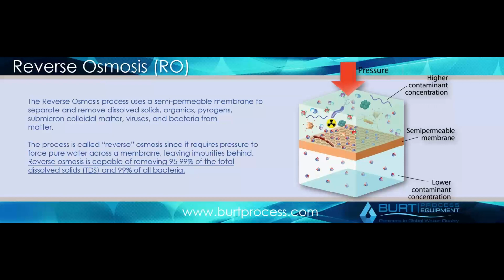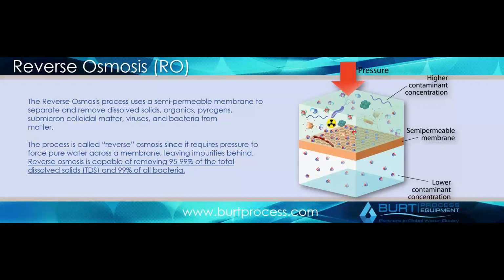This includes organics, pyrogens, or things that cause fever increases in the human body, submicron colloidal matter, bacteria, and different ions, for example, the aforementioned calcium and magnesium. All of those things are dissolved particulate that your RO unit is trying to remove. That's why I always say the RO unit is really what does the bulk of your work in a given system. And this is done by essentially applying a high pressure to your membrane, which forces the water across the